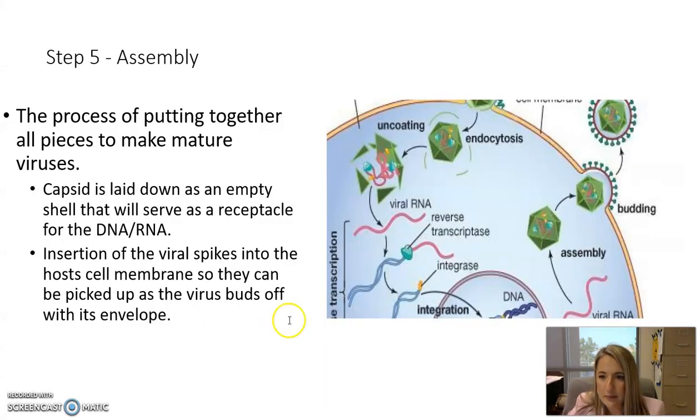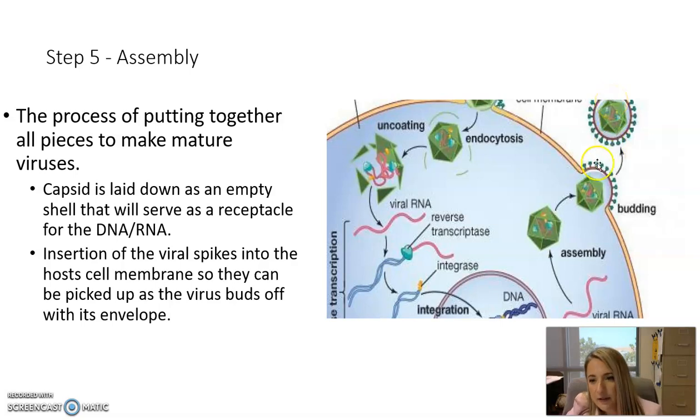see in this previous image. So once the virus is mature, it actually travels right underneath the inside of the cell membrane, and it's going to push on the cell membrane and eventually escape, taking a piece of the cell membrane with it as its envelope. And it's very important that the spikes were already present there from the assembly stage previously, so that when it takes a piece of the cell membrane with it as its envelope, it's going to also get its